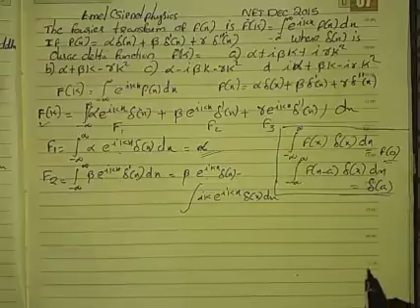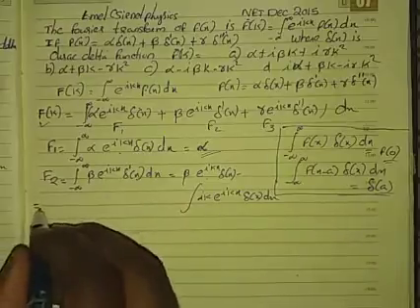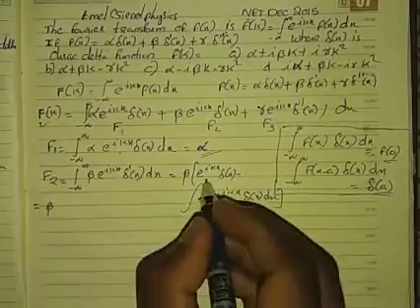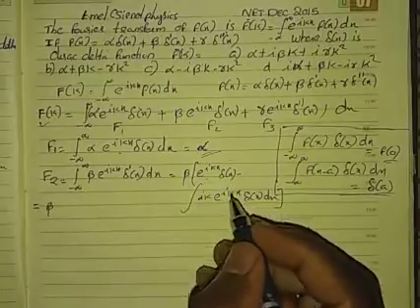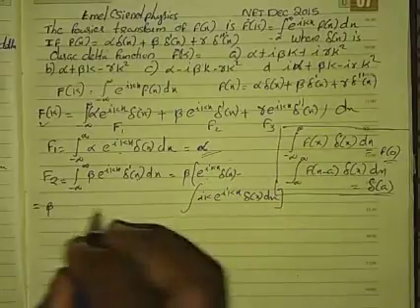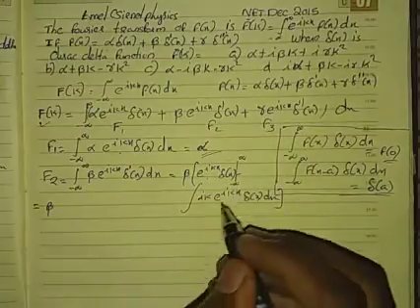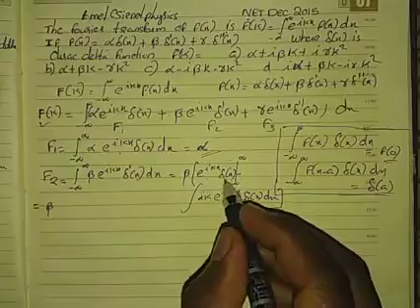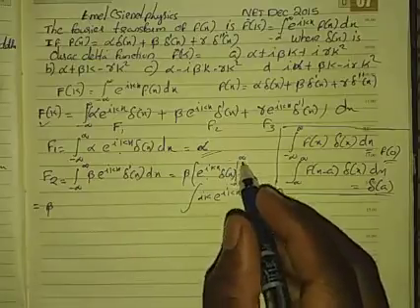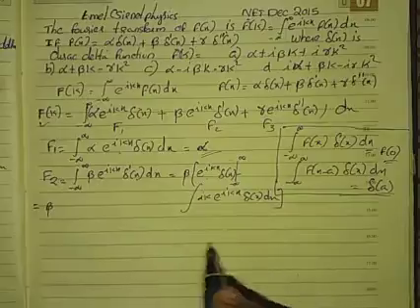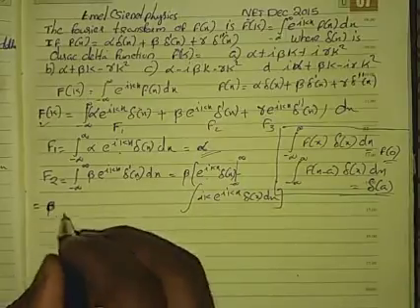So this is what you will get, and if you look closely, this looks like beta of e raised to ikx into delta of x in the limit, within the limit minus infinity to infinity is 0, because delta values at minus infinity and delta values at plus infinity will always be 0. That's all we need to check out. Okay, so this is 0, so it's beta, which is